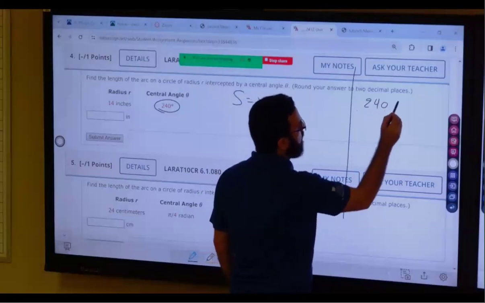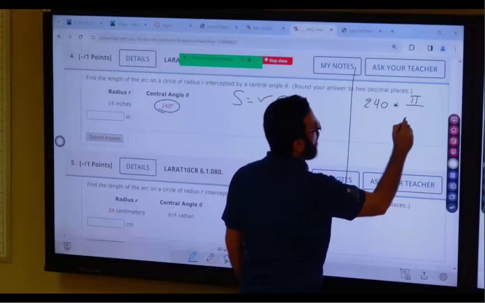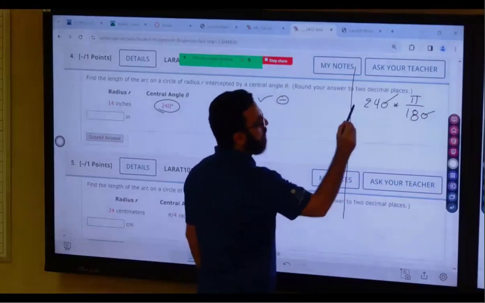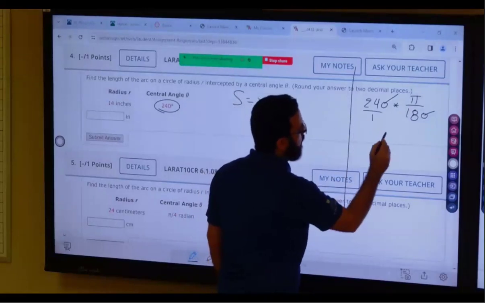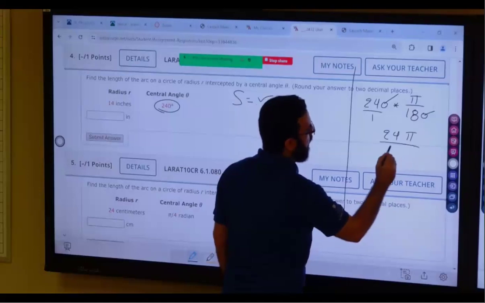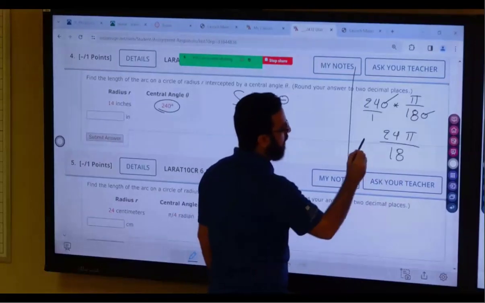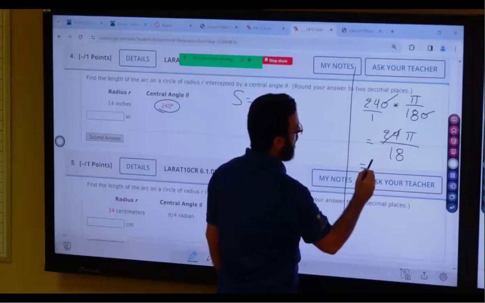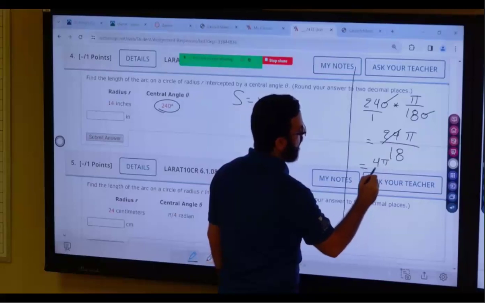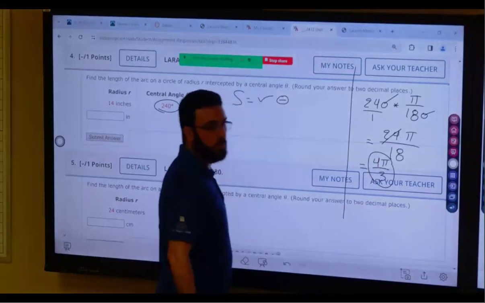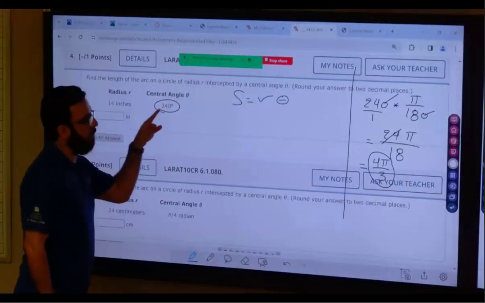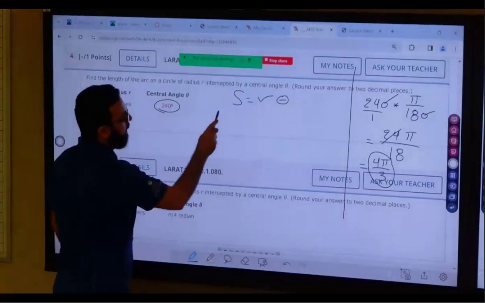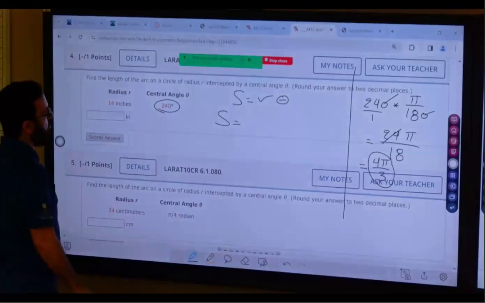So 240 times what? Pi over 180. Cancel the zero from here and the zero from here. 24 over 1, so 24 times pi, 24 pi divided by 18. Simplify it. Pi over 6, going to be what? 4 pi over 3. So here is the angle in the radian mode. If you have the angle in degree mode, you can't use it directly, because you have to convert it to the radian mode. Now I have the radius, so the arc length is going to be 14 times